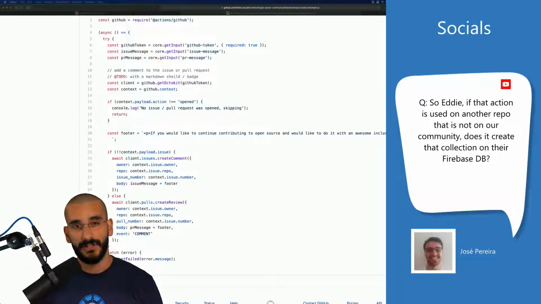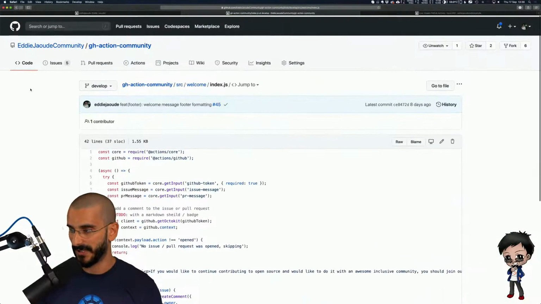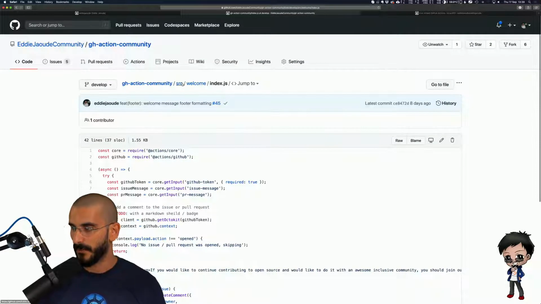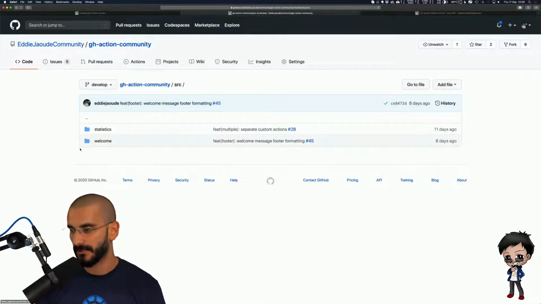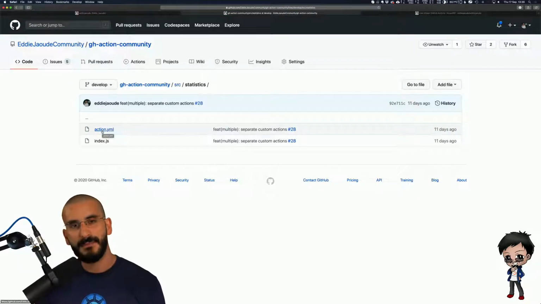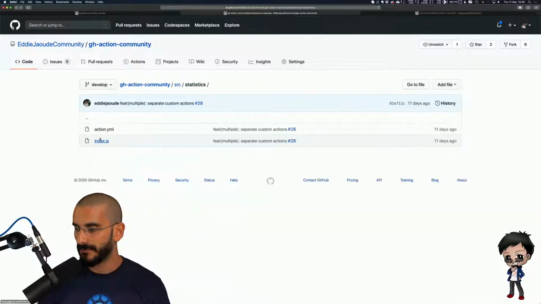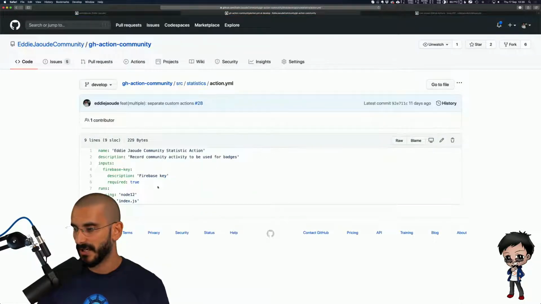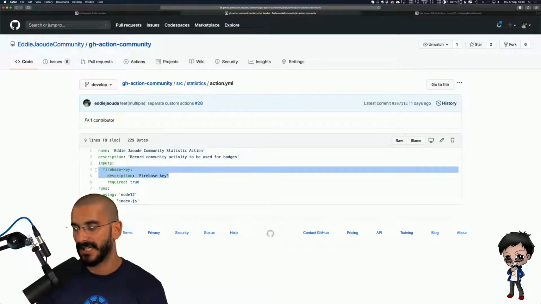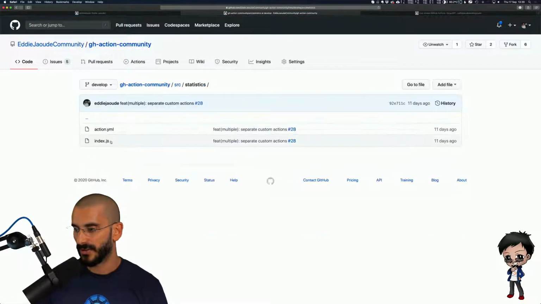That is a really good question, actually, and it would, because they would need to pass in. So let's actually go back to it. Let me share my screen and go back to that code. We can probably make it more configurable and customizable, so if people have ideas, they can do that. And we are probably going to move that to a different database as well. But on the configuration, we ask them to pass in the Firebase key, and that will know where to write to. So if we go to the code,